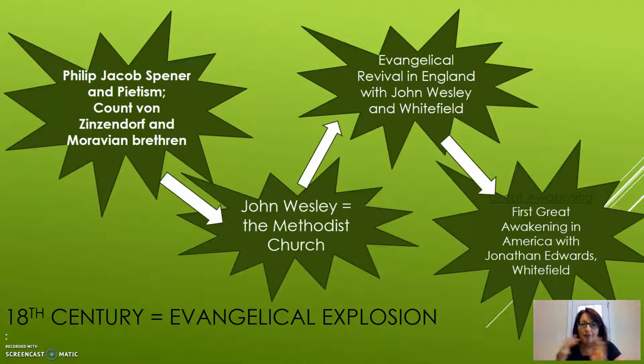So now we're in the 18th century, and there are just a couple of people I want to highlight. A lot of things are going on in the 18th century, but we're going to look at a couple of people and then one huge event that happened. So Philip Jacob Spener is a name that you need to know because he was the founder of Pietism. And Pietism really was a movement, not a denomination necessarily. And the movement was to concentrate more on the devotional, spiritual aspects of Christianity.